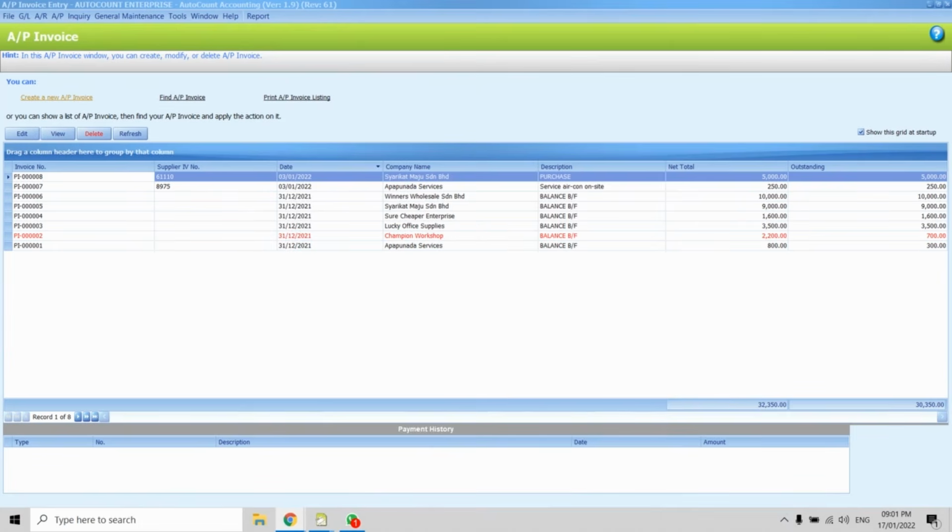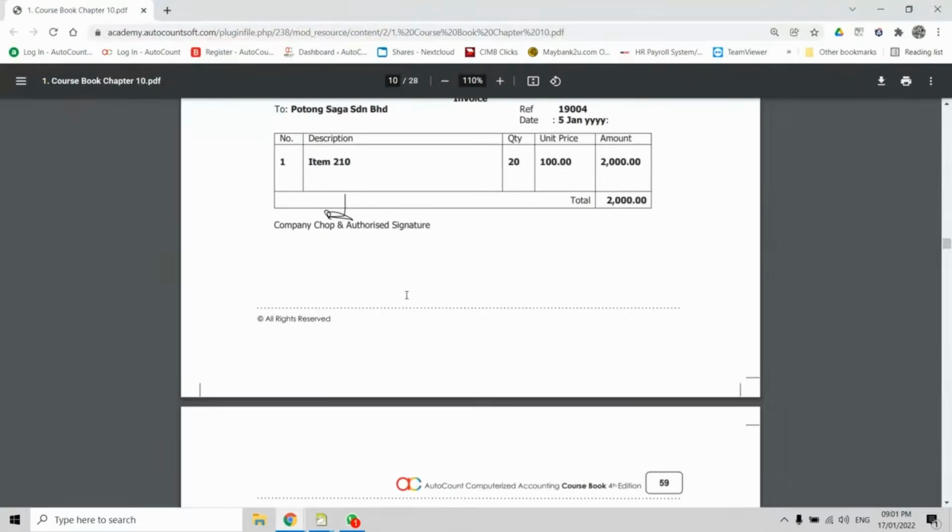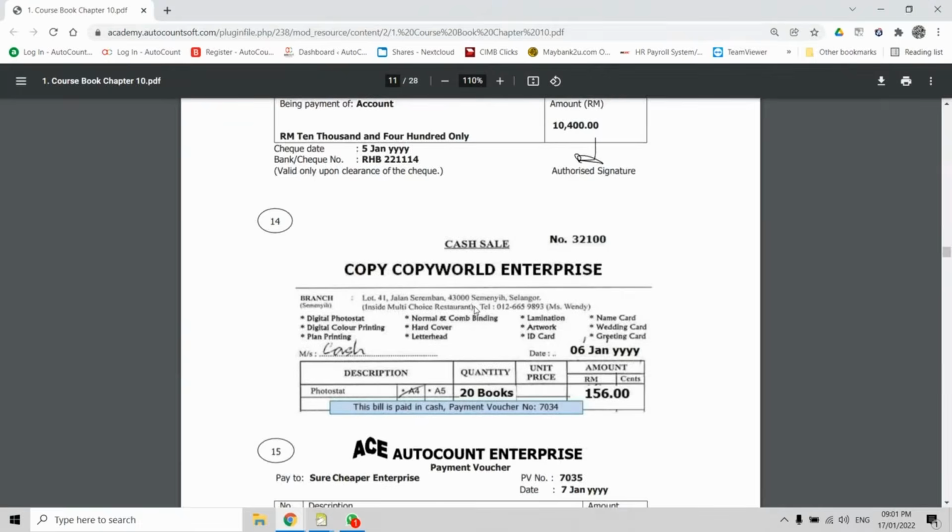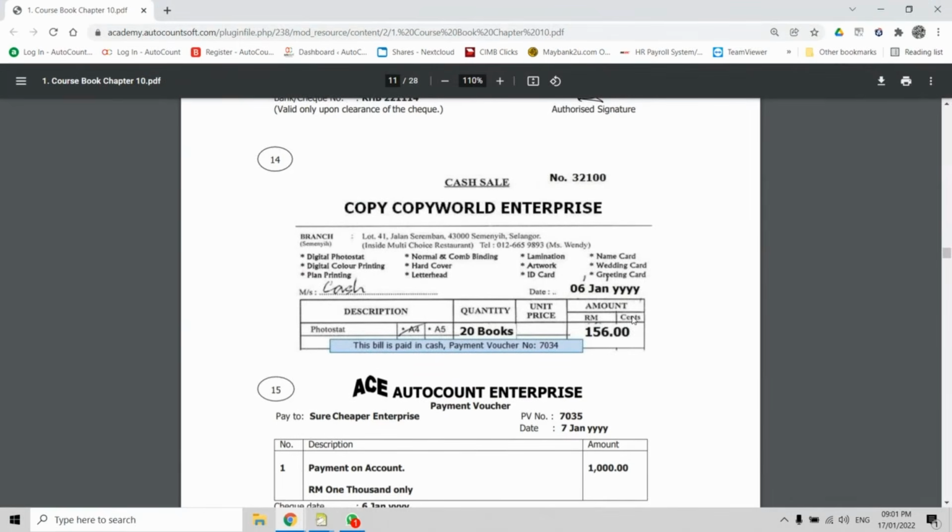But I want you to focus on document number 14. Look at document number 14. Obviously, it is about cash sales. You receive a cash bill from Kopi-Kopiwar Sdn Bhd. In your mind, if you receive something and you pay, you will consider this a supplier invoice. But if you look carefully, it is a cash sales bill, the amount is not significant, and you pay in cash,